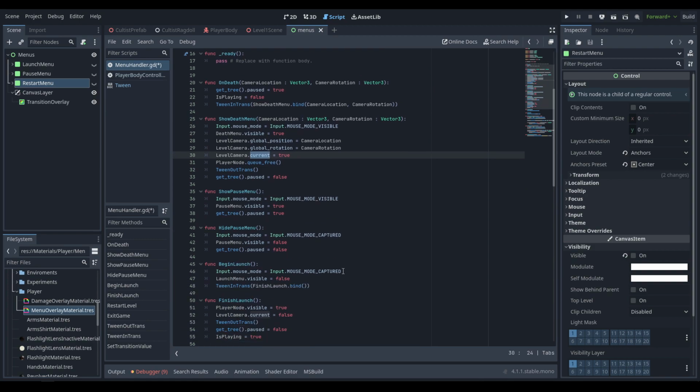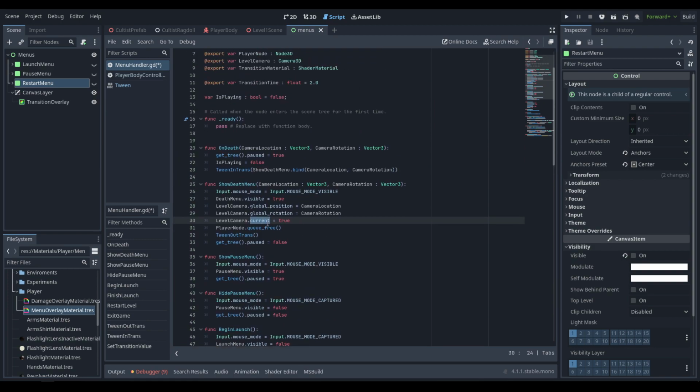Just like we did down here with finish launch, we're going to be doing the opposite right here to force the camera to that location. Then we're going to go ahead and set the player node.queue_free. So that's going to go ahead and delete the player node. And we're going to tween out that transition, fading back from black to clear. And we're going to unpause the game so that way the AI can kind of wander around and do their own thing. Now, everything else will be handled from the restart menu itself,